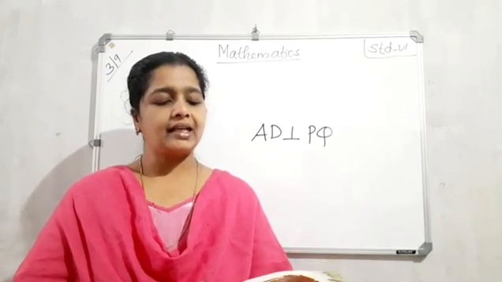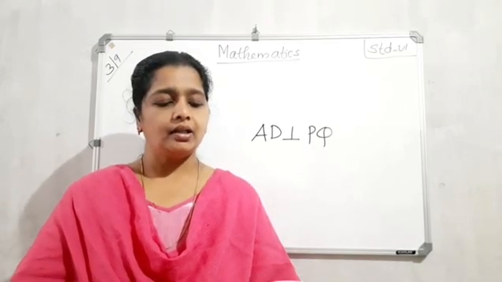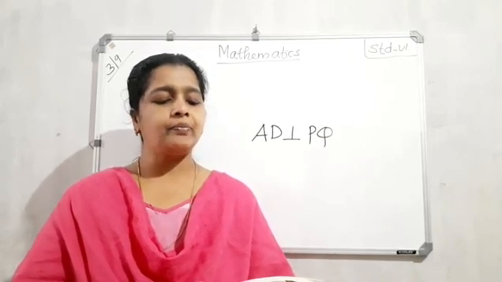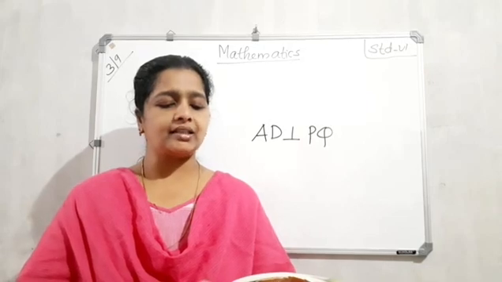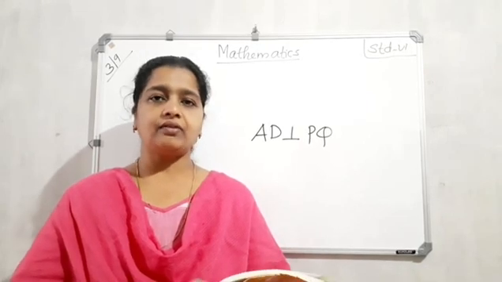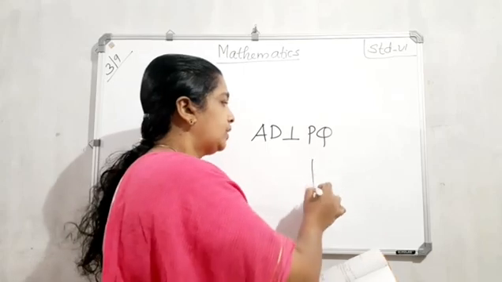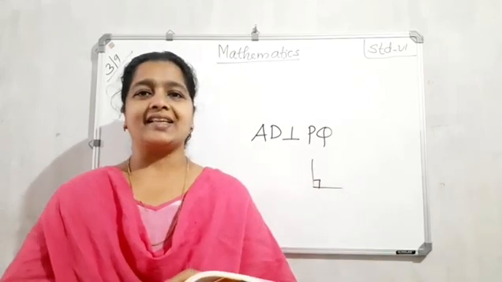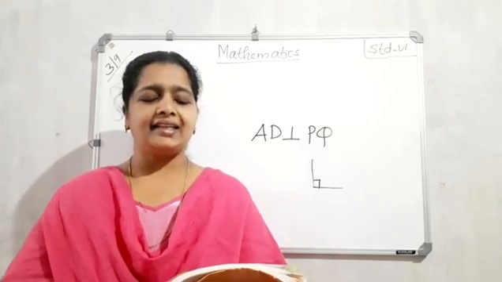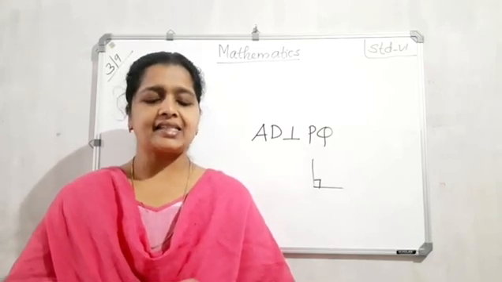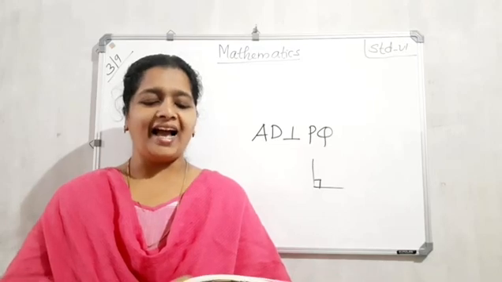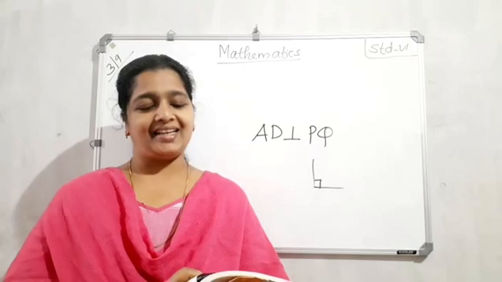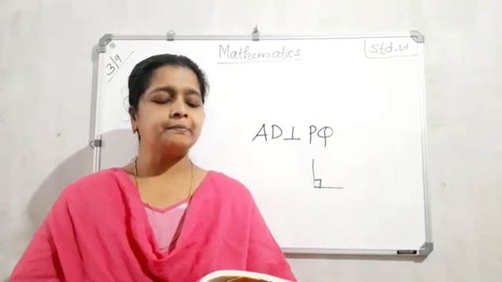A. The adjacent edges of a tabletop. B. The lines of a railway track. C. The line segments forming the letter L and the letter V. So perpendicular means that they form a right angle. Clear? That is, the answer is A and C: the adjacent edges of a tabletop and the line segments forming the letter L. Clear? So we can go to the next question.